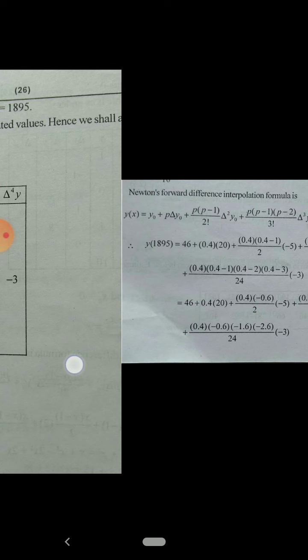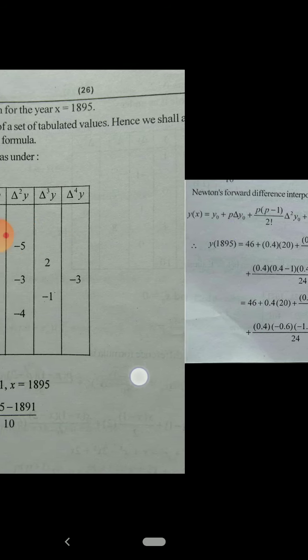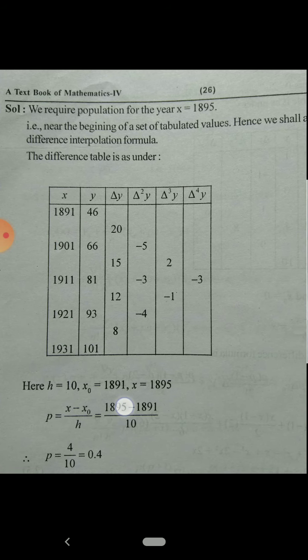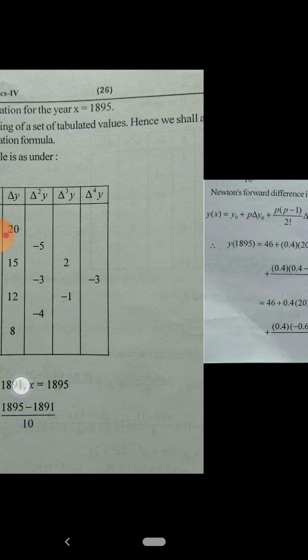Listen again. y0 is 46 and p means 0.4, and delta y0 means the first value of the first forward difference delta y, and delta y0 is 20, taken here, plus